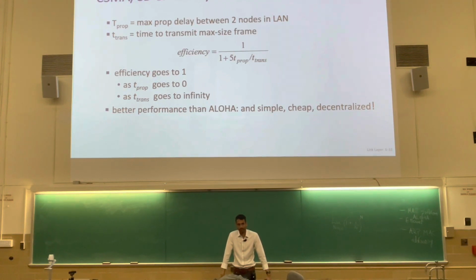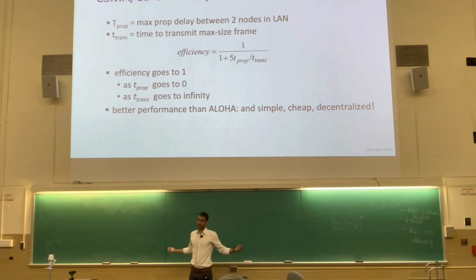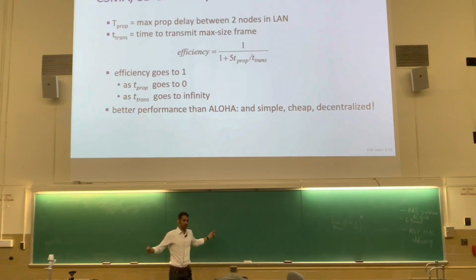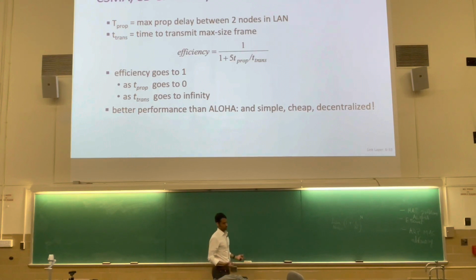It's intuitive that the longer the propagation delay, the more the likelihood of collision, because the signal from when one person started talking will take a long time to get to the other side. If the propagation distance is long, in that time this node can also start speaking, leading to a collision. So long cables, long Ethernets, long propagation delays mean more collisions. More collisions mean less efficiency. More slots are going to be wasted.